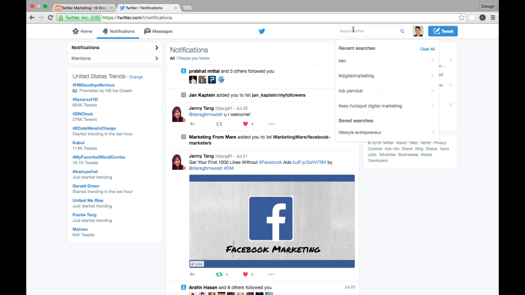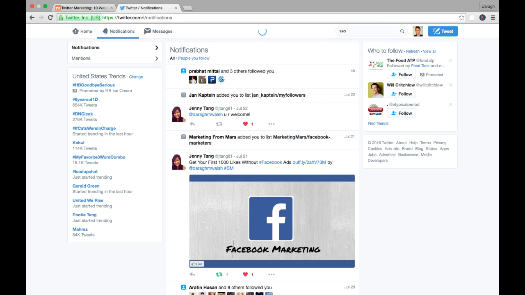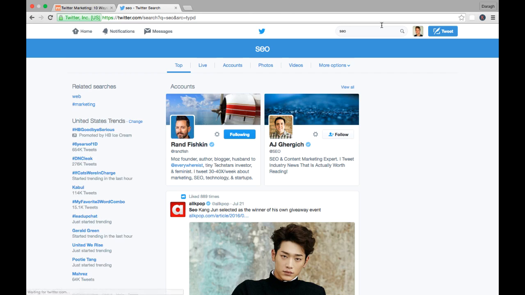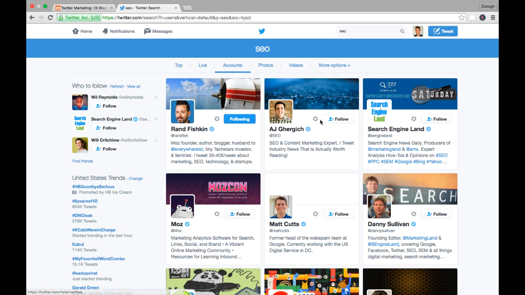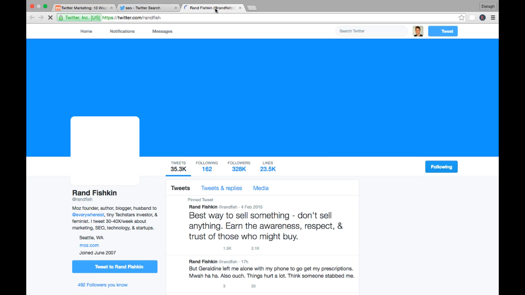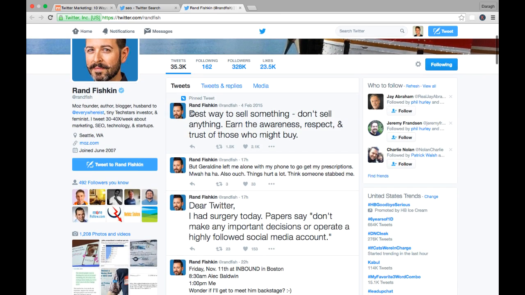So an easy way to find those influencers is simply typing in one of your keywords and coming back to the accounts and making sure you follow these key people here. Now, what you can do as well is actually come into each of these profiles and start to browse these people, see what type of content they post that gets a lot of